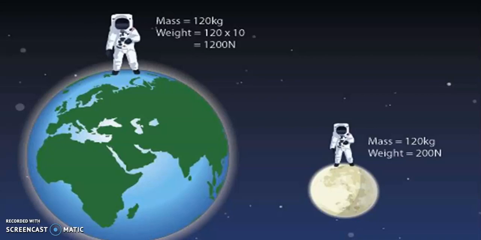The weight is directly proportional to the mass on the Earth's surface. On the Moon, where the gravitational force is lesser than Earth, the weight will reduce but the mass will remain the same. The Moon's gravitational pull is 1/6 of the Earth's pull. Thus, objects weigh 6 times lighter on the Moon than on the Earth.